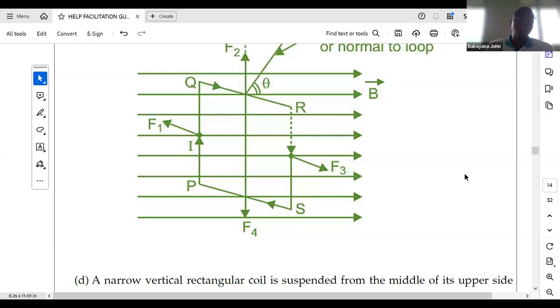So when we're using Fleming's left-hand rule, the coil experiences a force, which acts in such a way that